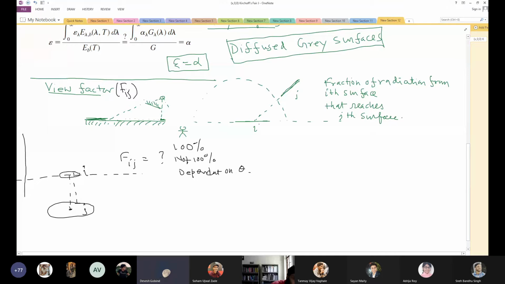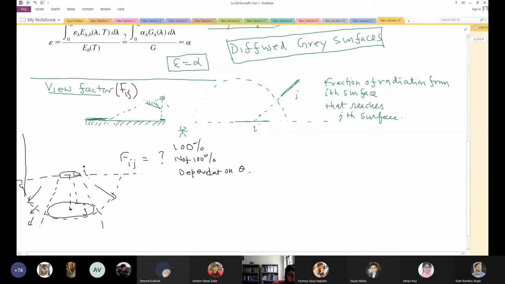Yeah, I'm seeing the ideas coming. See, this is a small surface, small or large doesn't matter. It will radiate in its hemisphere. So you see that part of the radiation will go from here, and part goes from here. Now we can intuitively see that part of the radiation will not be intercepted by this big circle, unless it's really too big and the gap is close to zero.